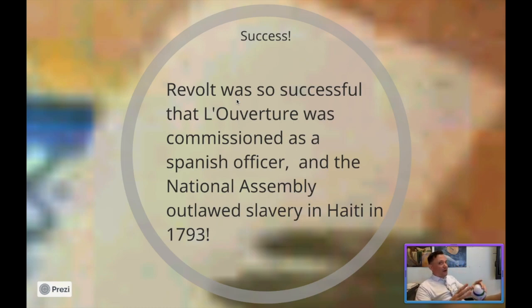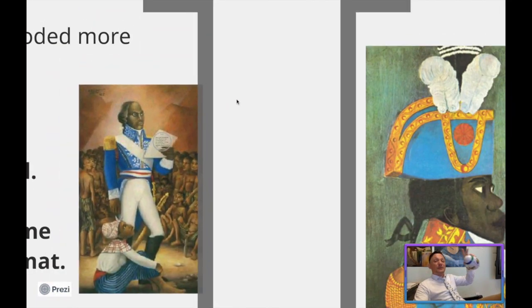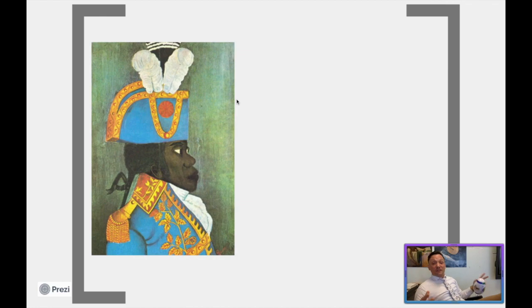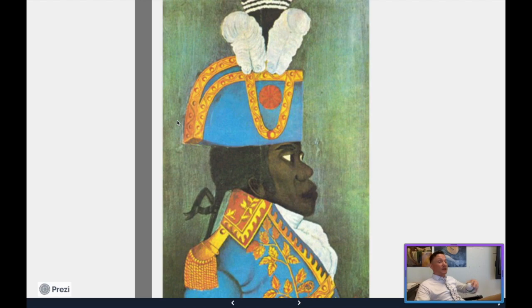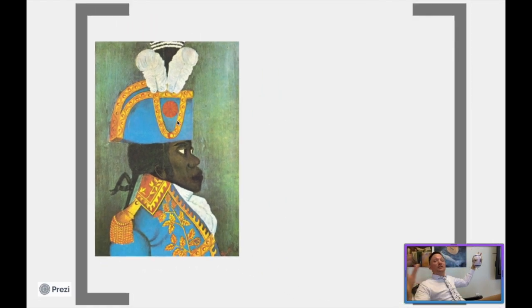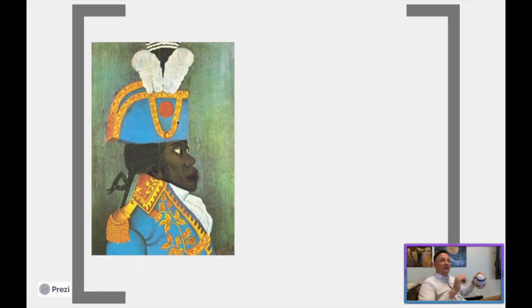They're still a part of France at this point, but the thing is he gets slavery abolished completely and actually becomes a working part of the French government, right? Toussaint Louverture led this revolt and accomplished so much in such a short span of his life, right? And as you can see right here in his triumphant victory portrait, he actually became the leader of the colony itself, regulated the production of food and goods, made it so they were focusing on feeding everyone and making sure also that the colony would run smoothly.